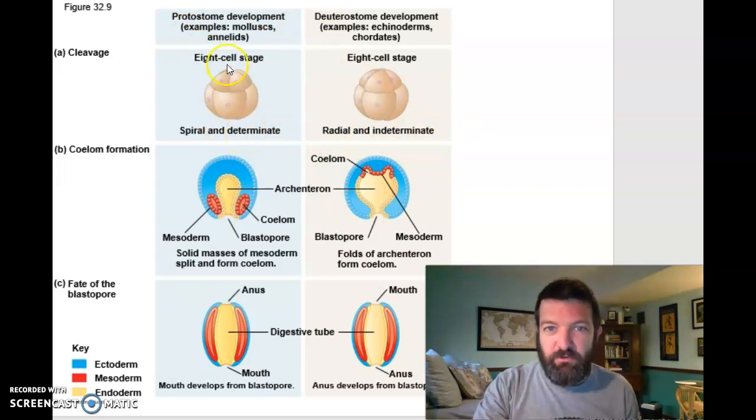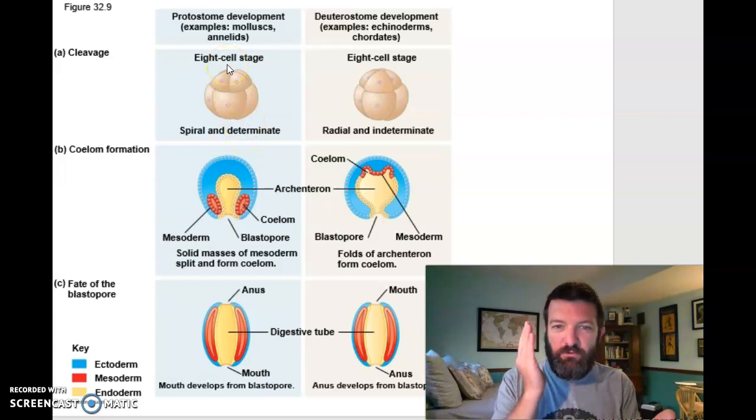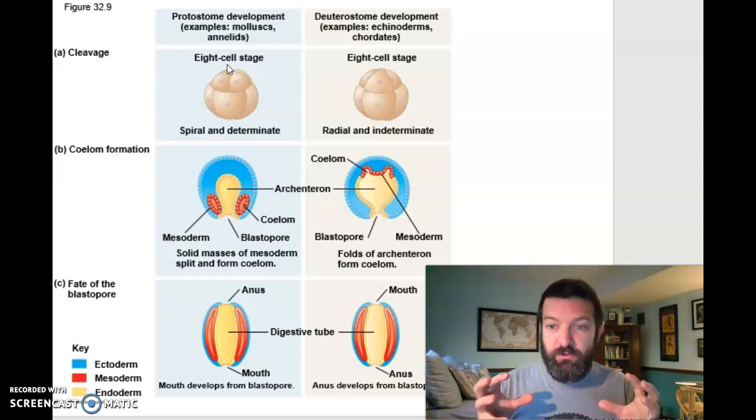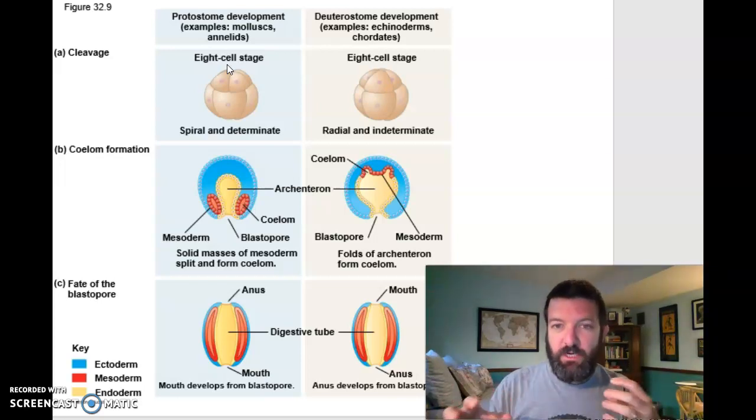Determinate cleavage means that almost immediately, right after that first cleavage from 1 to 2 cells and then 2 to 4 cells, those cells are now different, and they are differentiated enough that they have to become certain ends of the body. And if you were to break those cells apart, then that organism is dead, right? You can't